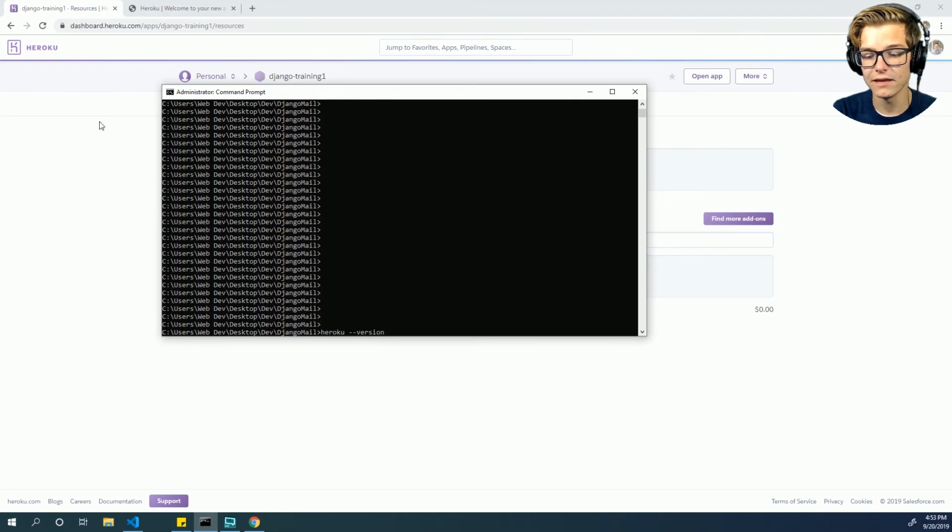The way to tell if you have it downloaded is to run heroku --version in your console, and it will tell you right here what version you have. And if that pops up, then you've correctly installed it. Okay,